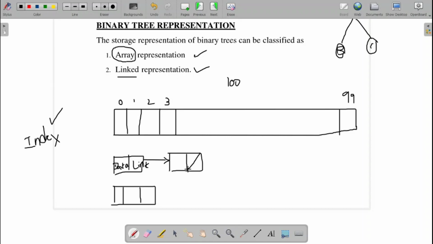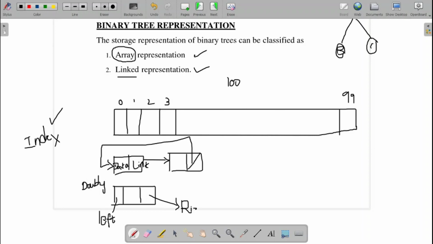If it is a circular singly linked list, then the link field of the last node is connected to the first node or the header node. Since it has some drawbacks, we went with other approaches. The other approach is the doubly linked list. In a doubly linked list, there will be two link fields: one is the left link, the other is the right link.